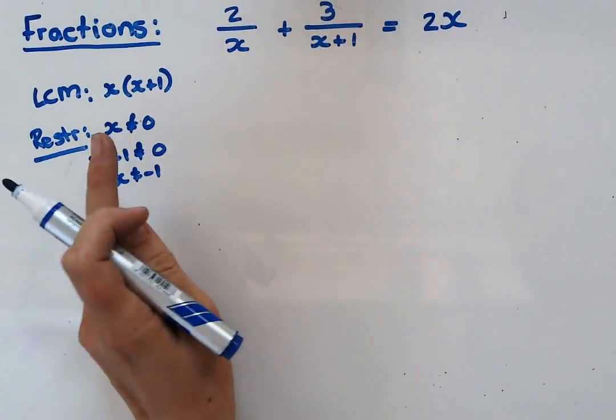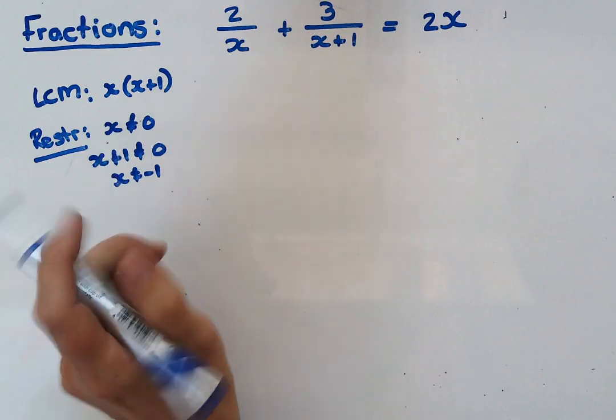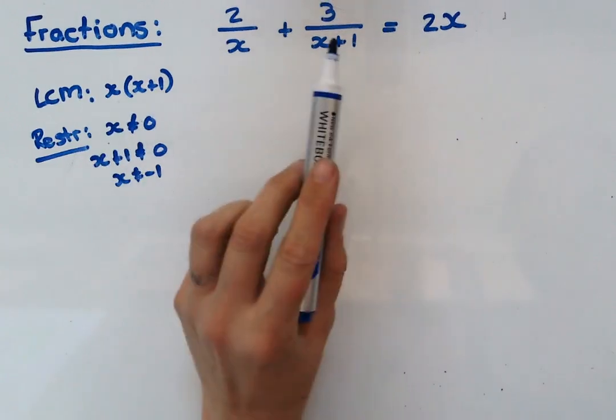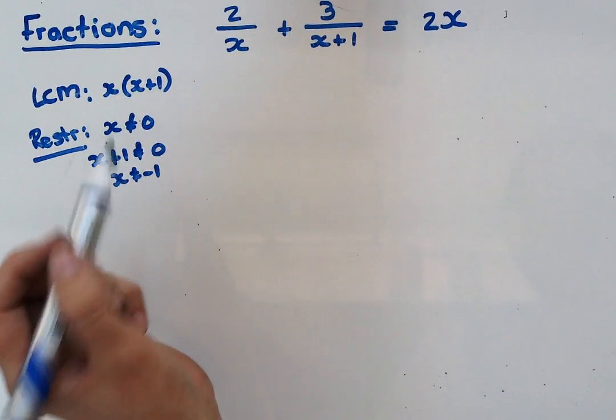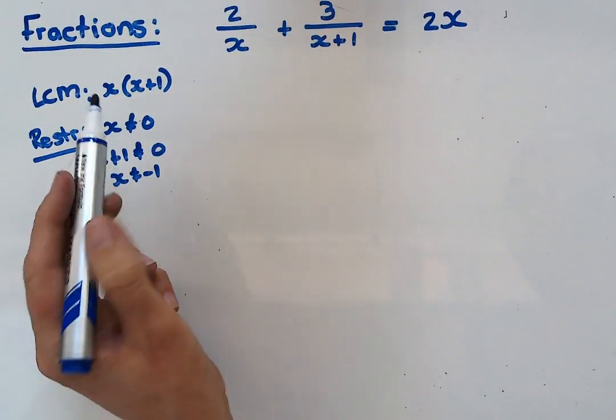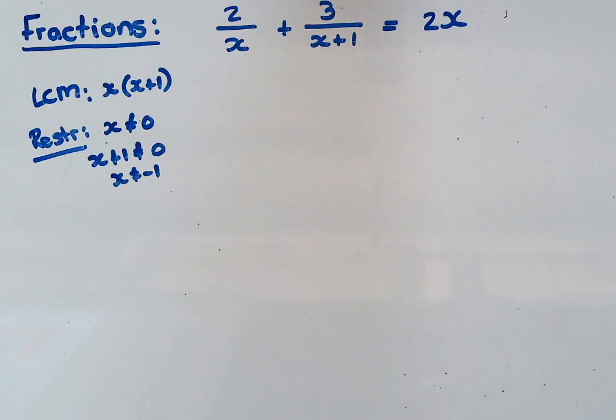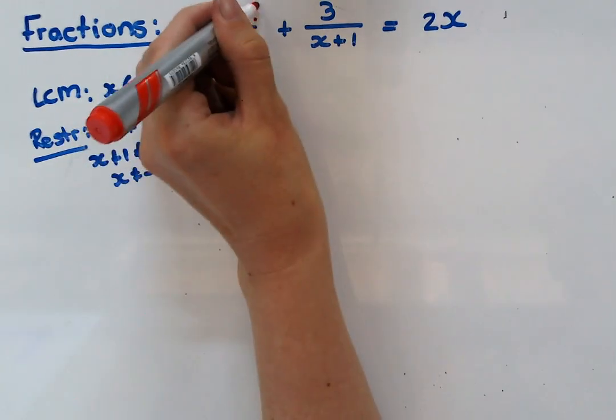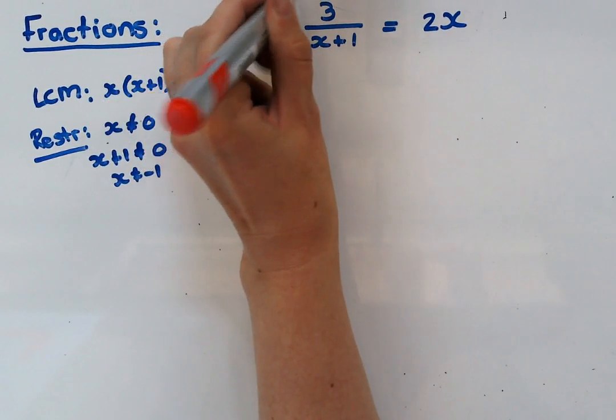So the restrictions are just to tell me that, okay, I'm going to solve for x, but I must just remember x cannot be 0 and x cannot be negative 1. The lowest common multiple is x times x plus 1. I'm going to multiply every single term with x times x plus 1